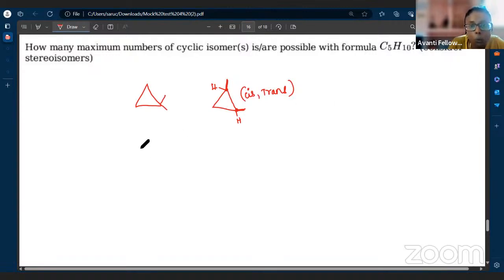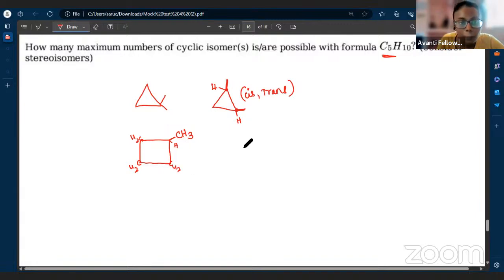Now, when you go for a 4-membered ring, C4H8, when I write CH3, you'll be getting C5H10 only. So you'll be getting CH2, CH2, CH2, and here it will be CH. So 3, 4, 5, 6, 7, 8, 9. So I'll be getting one structure like this.